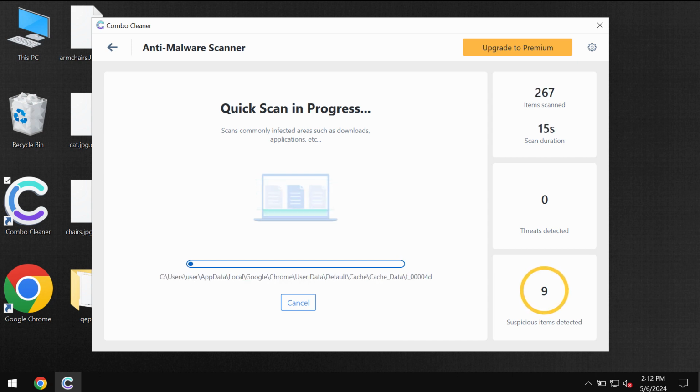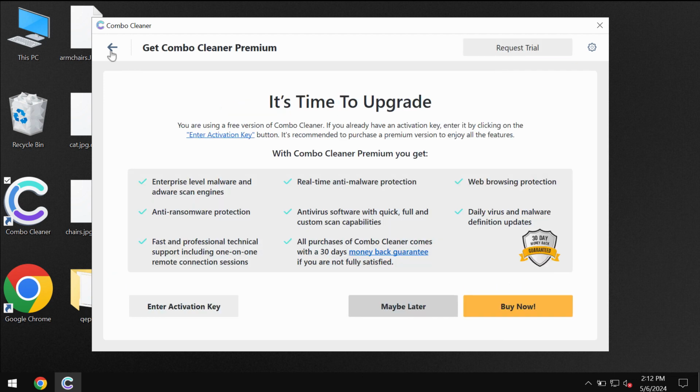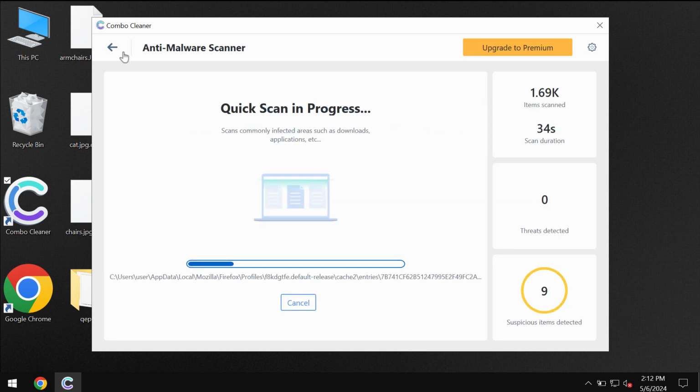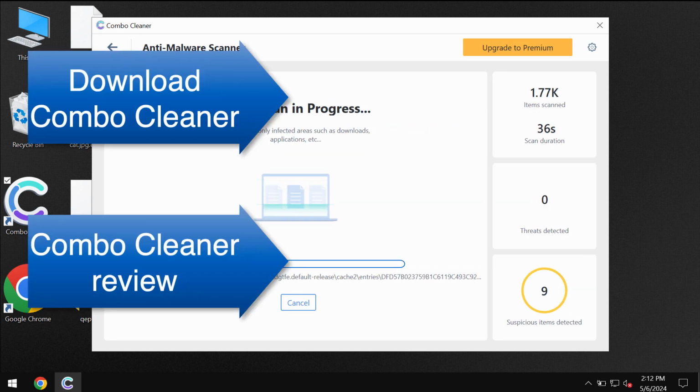At the end of the scanning, you will see the summary of the threats. You'll be able to know their exact locations. Some threats can be removed manually, but it is recommended to consider upgrading to premium. This way you can get your trial requested, and Combo Cleaner will help you to protect all your files, all your data from being damaged or